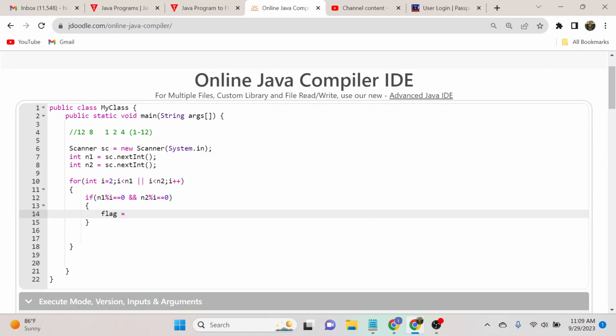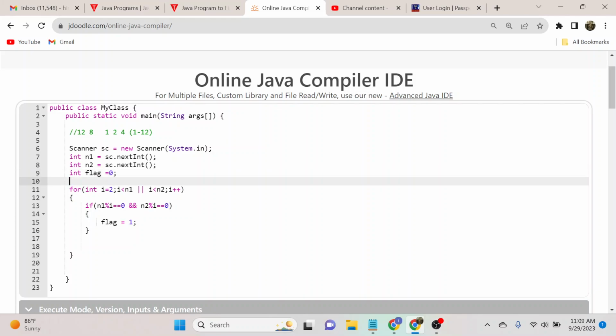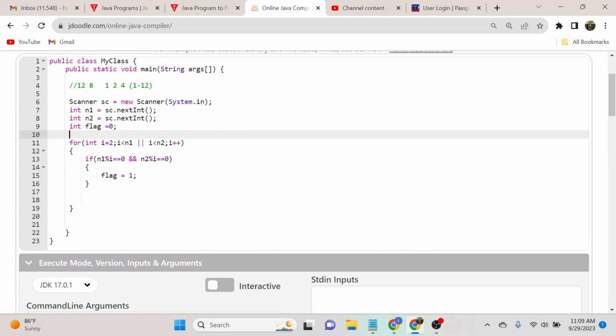we'll take one variable, flag, equals to 1. We'll take some dummy variable, and flag is 1. Any dummy variable we will initialize with 0, because we have to initialize some value to an integer variable. We cannot leave it blank. And flag equals to 1 we have, and also